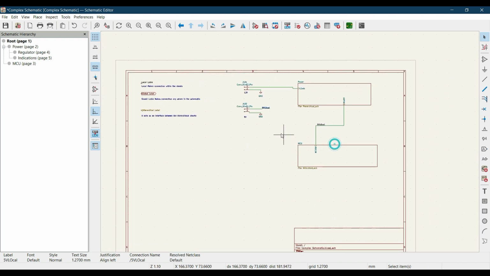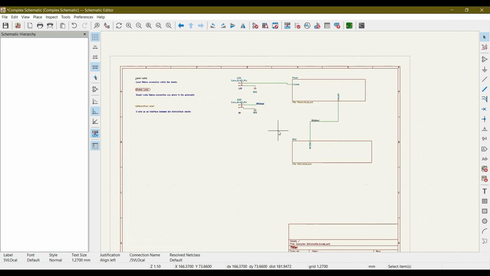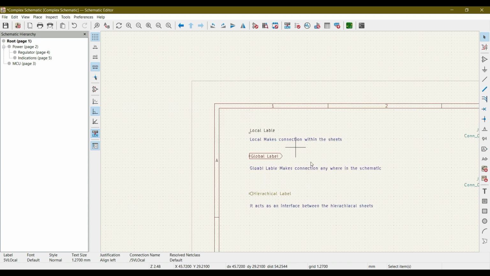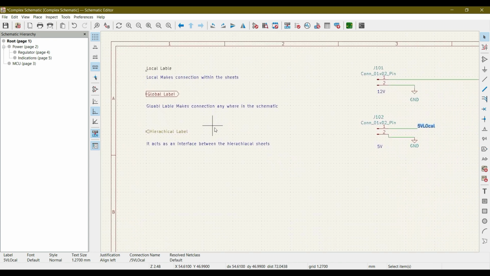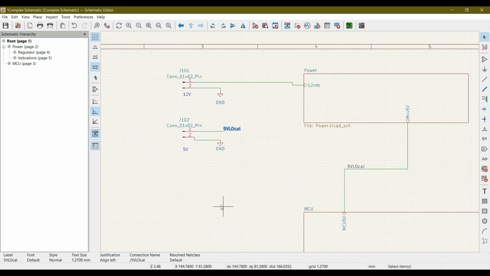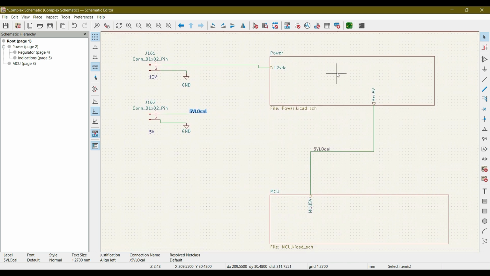So we have seen how we design our complex schematic having multiple sheets, how we use hierarchical labels, what is the scope of all these three types of labels: local label, global label, and hierarchical label, how we import them in the schematic symbol, and how we make connections with one another,